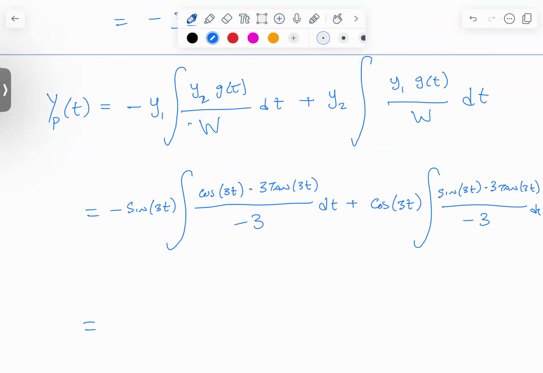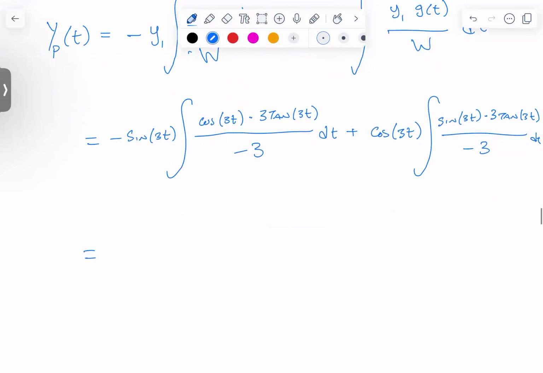So if I have cosine times tangent, and 3 and 3, those are going to cancel on both of them. Cosines cancel. Because exactly what you just said, tangent is just sine over cosine. So we just want to make sure we simplify it to get something that we can actually integrate. It's all going to be the algebra. Otherwise, this isn't very tricky. So the negative comes out, this becomes positive once again. This becomes sine over cosine, cosines cancel, which just becomes the integral of sine of 3t dt